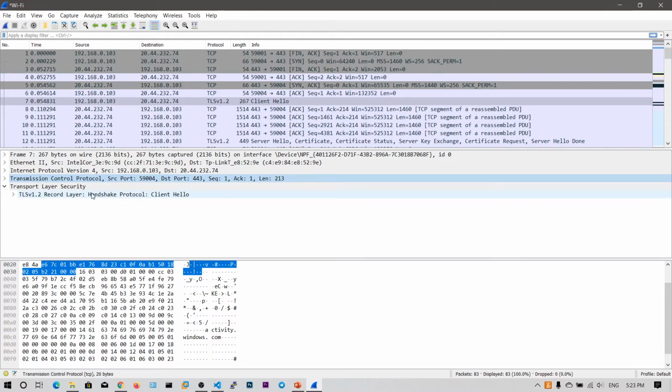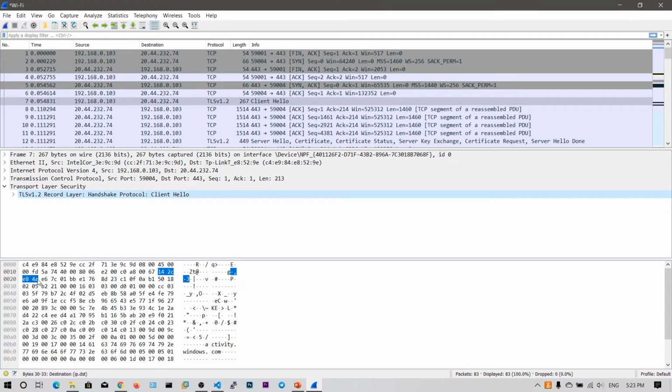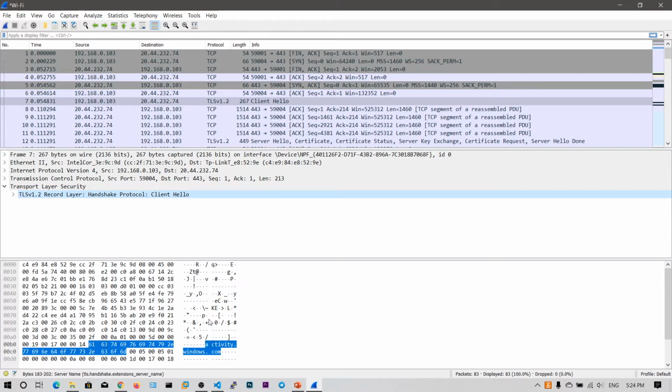And this is the transport layer security. Here you can see the respective hex dump of this packet, the data which I am going to send to this destination. A hex dump is nothing but the hexadecimal representation of each character, for example C4, or null, alongside the ASCII representation of the hex. So these are the three windows we will mainly focus on.